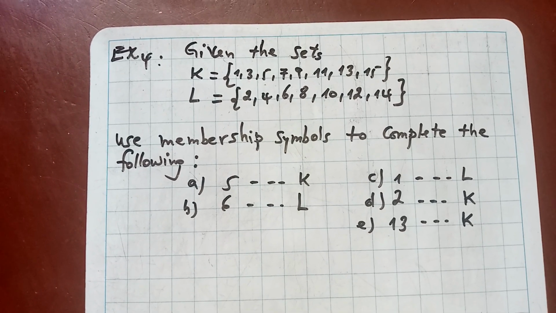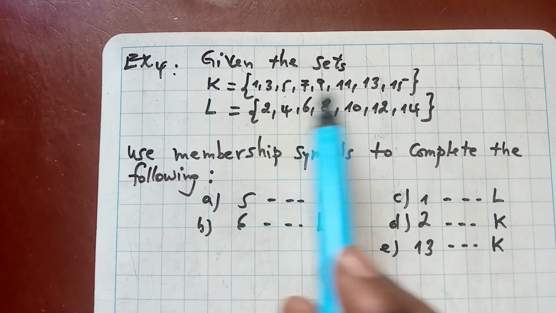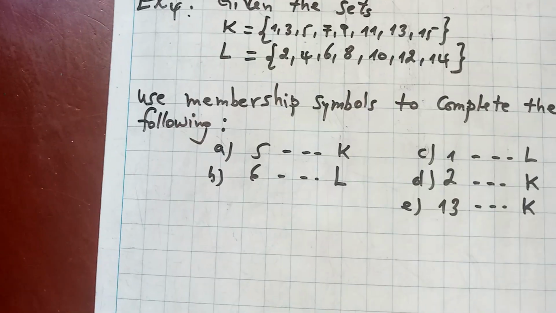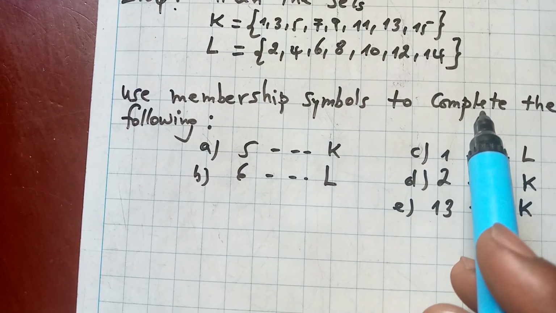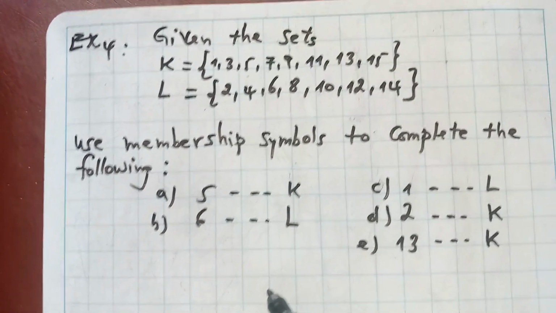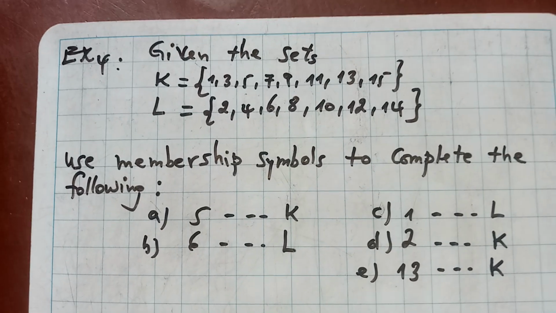Exercise number 4. Given the sets K with those elements, we have set L with those elements. We need to use the membership symbols to complete here. And you remember that the membership symbols are this one,